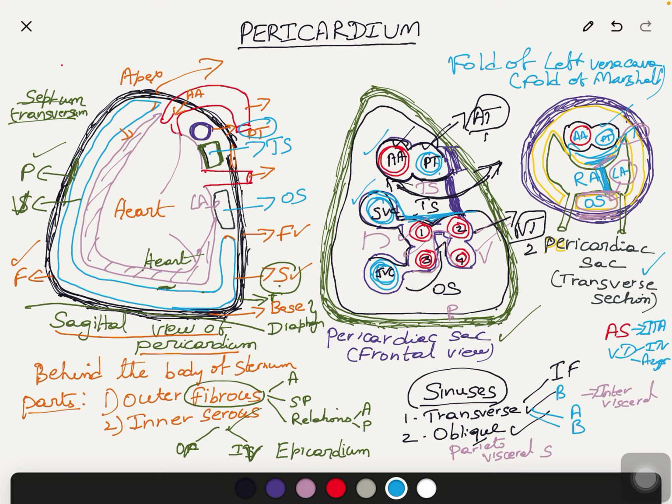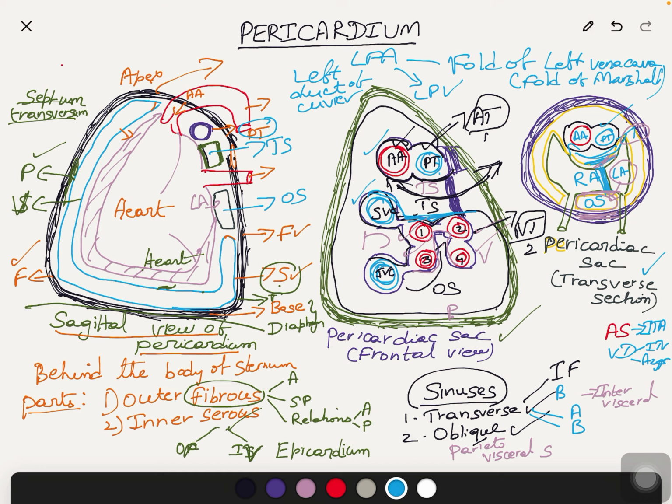It is a triangular fold of serous pericardium which extends from the left pulmonary artery to the upper left pulmonary vein. The base of the fold is free and is directed to the left, which contains the fibrous remnant of the left duct of Cuvier, which you will again learn in the development of the heart. Then you will understand what this Cuvier is. For the time being, I have completed this fold of left vena cava